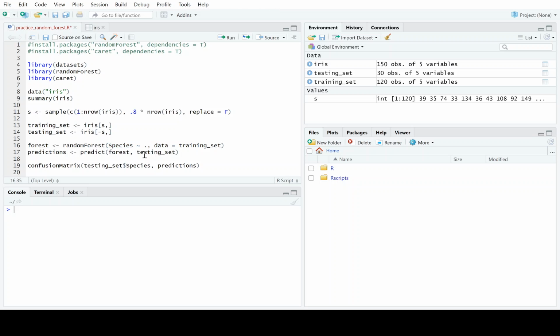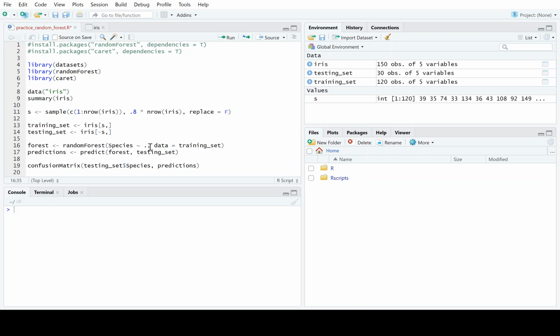This is something special to R, and it basically tells the random forest function how to train the model. So here on the left side, we have the y variable. That can only be one variable. And then on the right side, we have a dot letting the